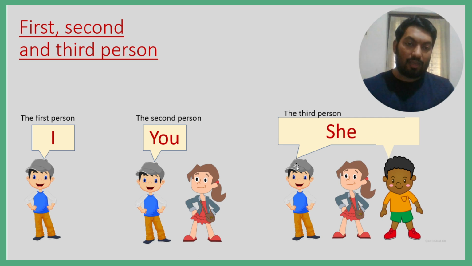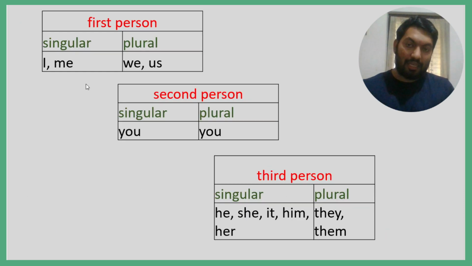And what about the third? The third one, that means the third person. When it is plural, it will be they. They are going to church. They are going to school, like that. Understand? Okay, now we shall see some tables which clearly list all the pronouns in first person, second person and third person.